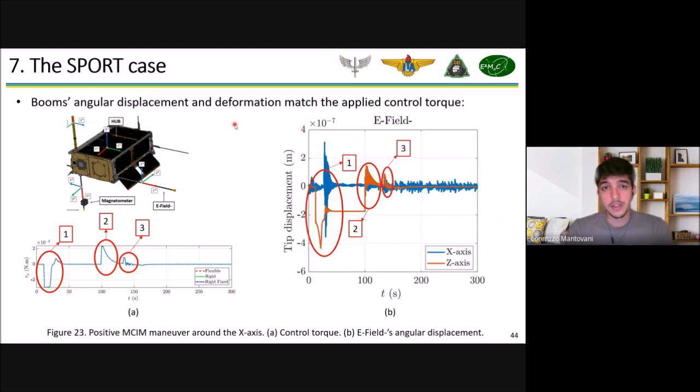It's also true for the tip, the deformation at the boom's tip. So if you think that the positive torque will make this base of the boom move in a positive direction in this z-axis, the tip, due to its inertia, will go back here. And when we're talking about going back, it will be a negative direction in the z-axis. So it will be negative here. The opposites are also true, and we can see that the deformation increases here. It's positive in these regions 2 and 3.